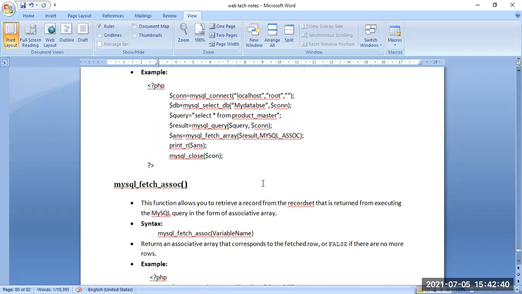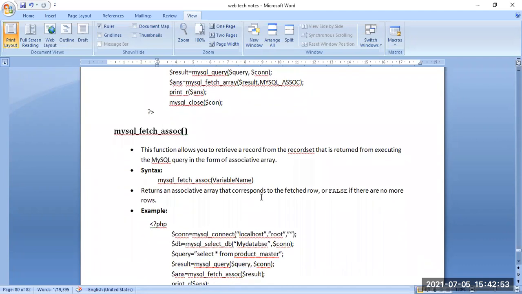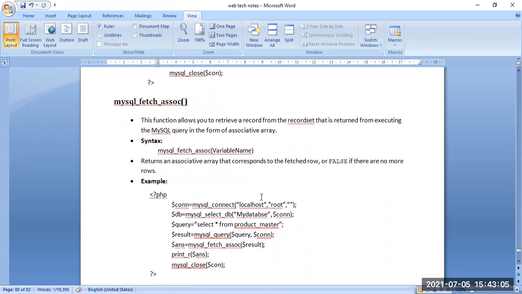The syntax is mysql_fetch_assoc with the variable name, returning the associative array that corresponds to the fetched row. So here we are fetching the associative values and getting the result.